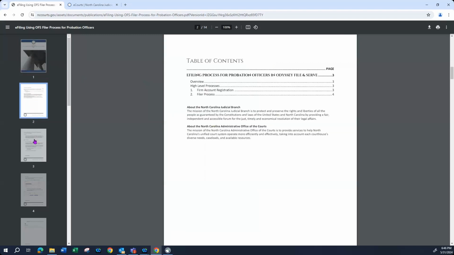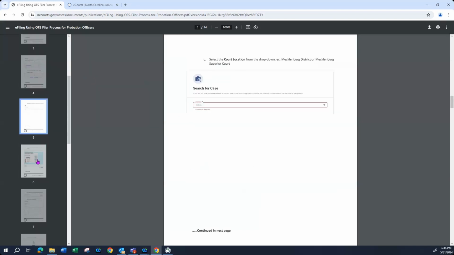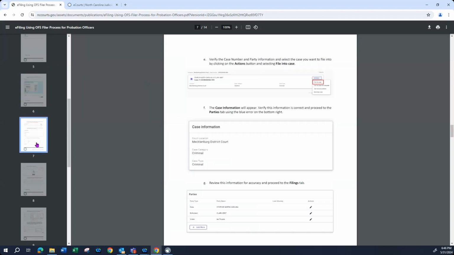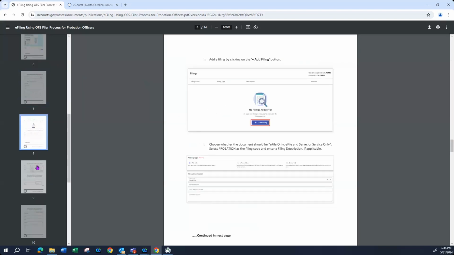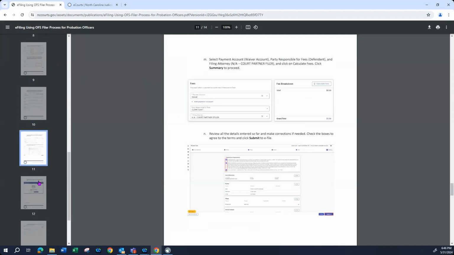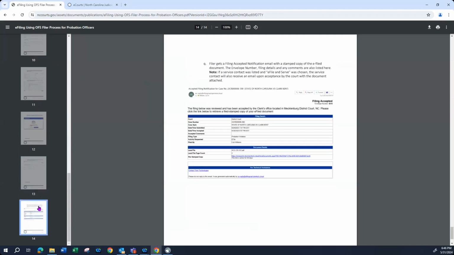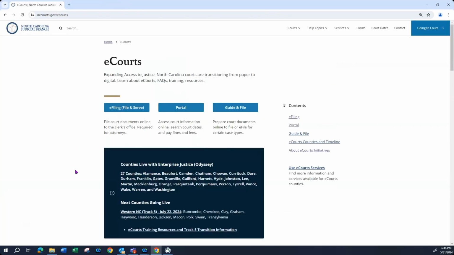I'll take a quick look through each step and page so that you may see again that these instructions include step-by-step guides on how you will make your filing using the e-filing system File and Serve. To access this user guide, navigate to the eCourts hub. The eCourts hub can be found at